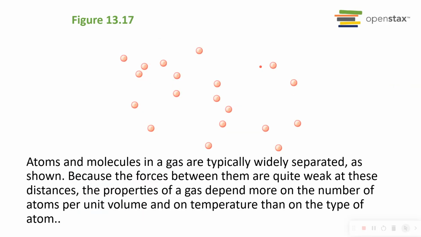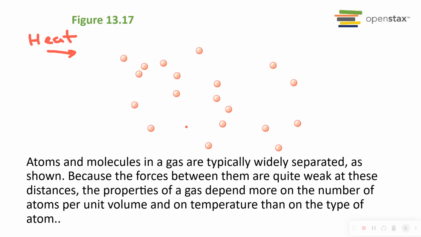Well, what does that mean? It means atoms and molecules typically are widely separated. That's why they're a gas. Because the forces between them are weak, these distances and properties of gas depend more on the number of atoms per unit. And temperature can have an impact on their kinetic energy. So if I hit this with a bunch of heat,